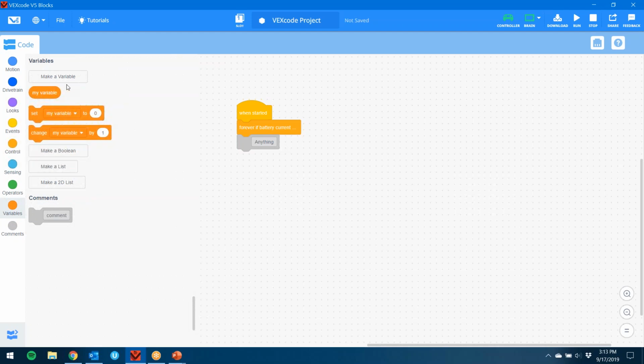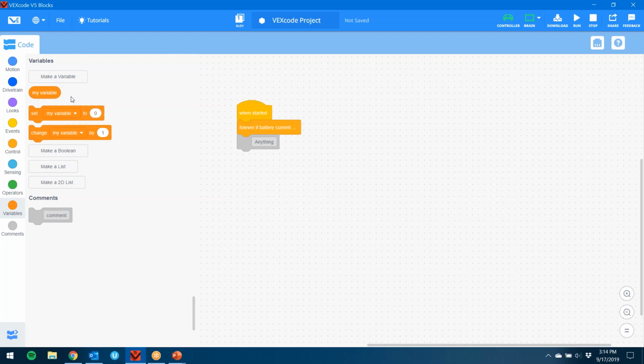And the only category I didn't really get a chance to just talk about, and I did want to talk about, is the variables. So they support your custom Boolean variables. They support making custom normal variables, integers, floating variables, stuff like that. And you can also make 2D lists that you can iterate over and access different values from. So it's pretty complex. There's a lot you can do with making your own custom programs and custom functionalities that